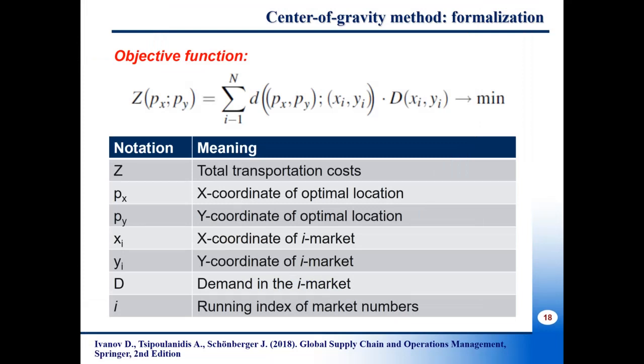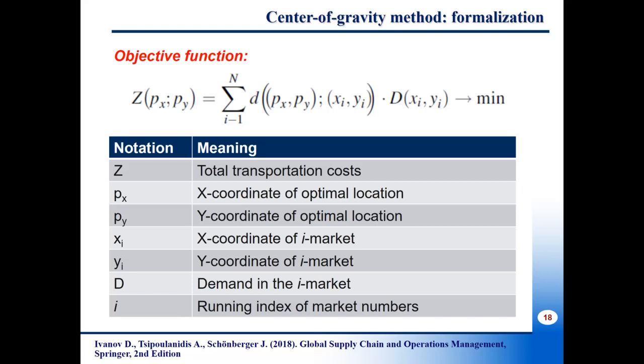One assumption of center of gravity method is that the total transportation cost sum is proportional to the distance and the transportation volume, for instance the demand. This leads us to the formulation of objective function as follows, that z is the total transportation cost as a function of x and y, the coordinates longitude and latitude, that is equal to the sigma, the summation of the